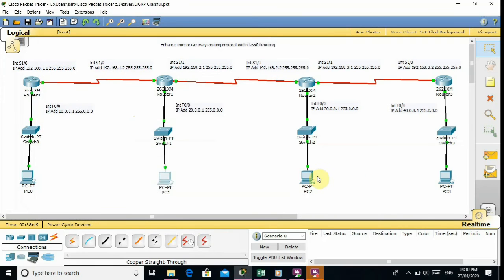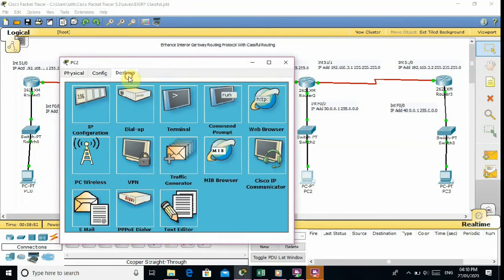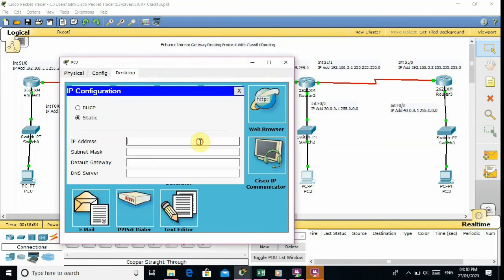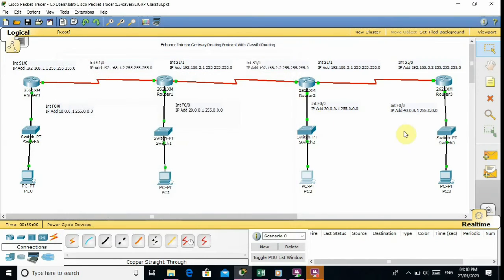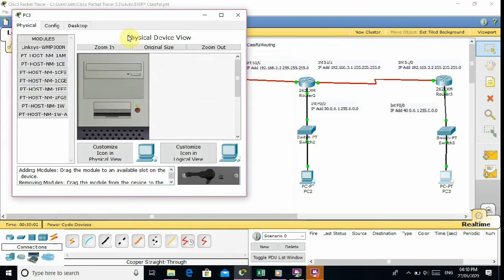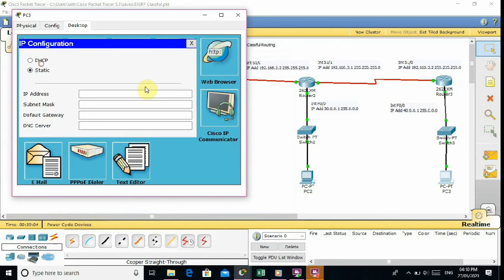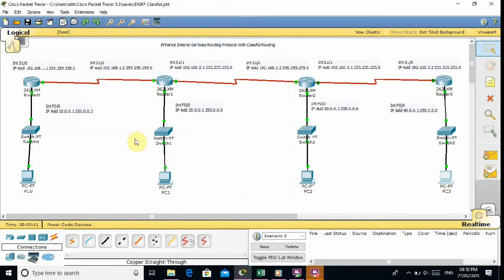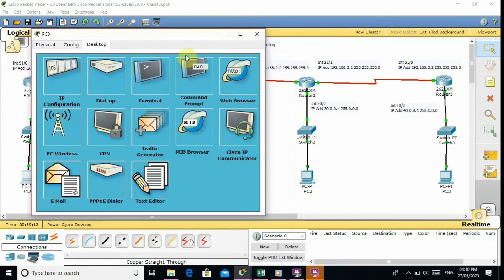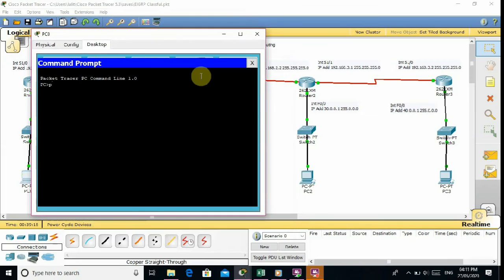Now I will go on router third's desktop, which is connected to the switch: here 30.0.0.2. Subnet mask is default and 30.0.0.1 default gateway. This is the router 4 desktop, 40.0.0.2, 255.0.0.0. Subnet mask is default, and the gateway is 40.0.0.1.